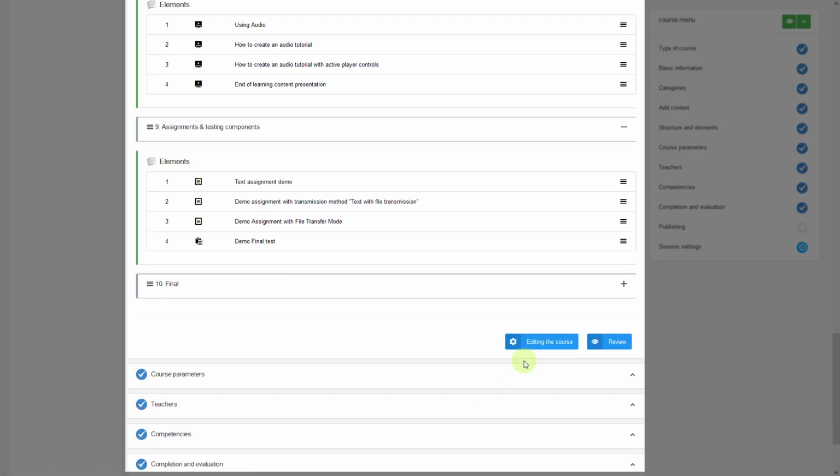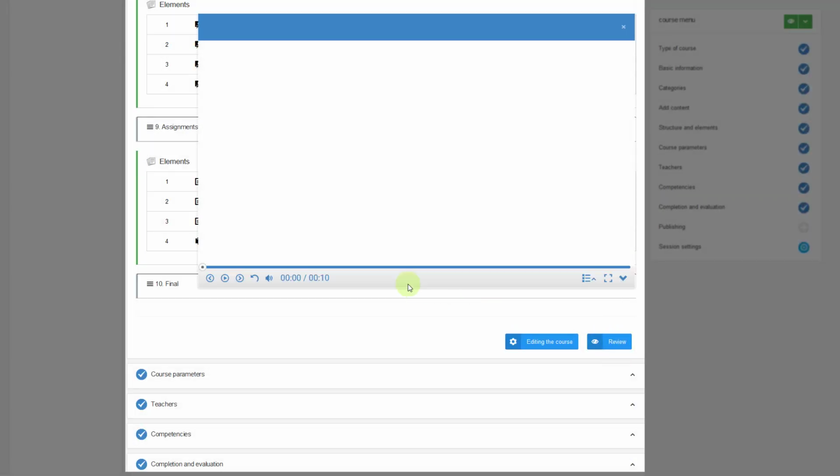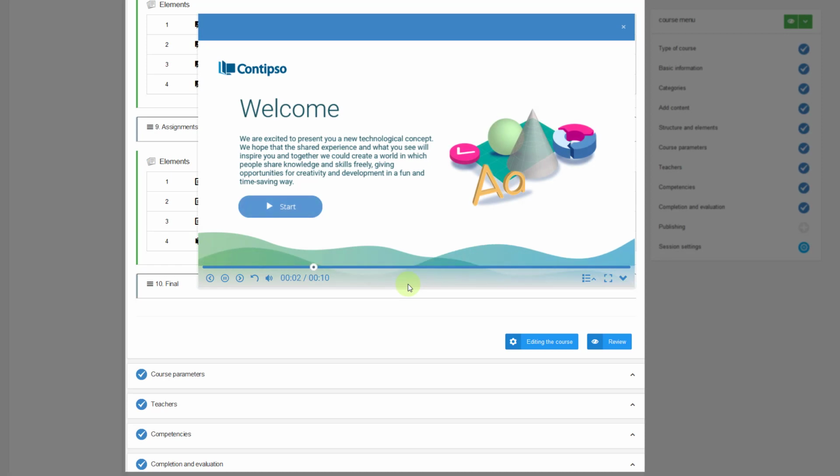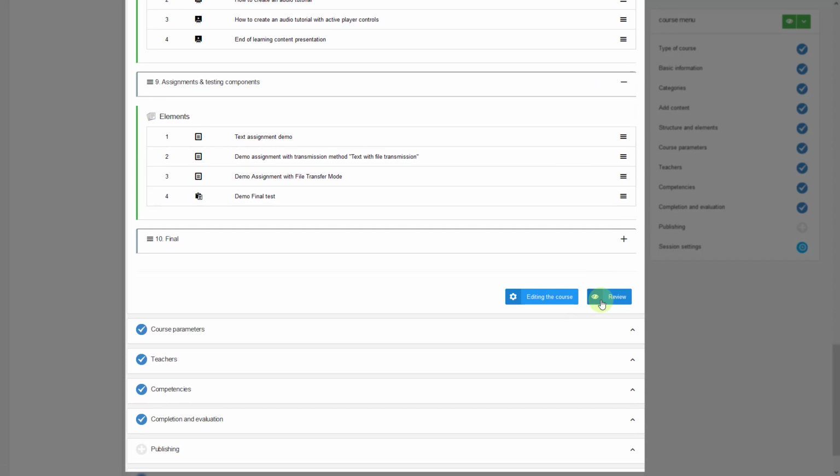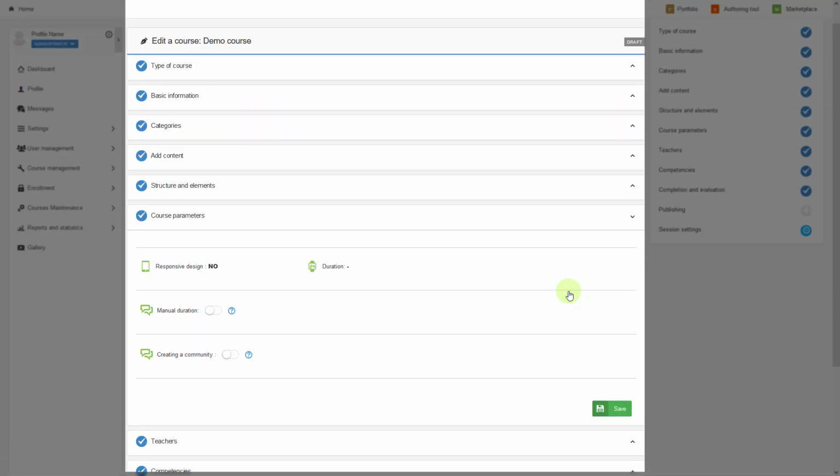Here you have two buttons: editing the course, if you want to change something or to edit any piece of the content, or review, which will give you a preview how the course would look for the users, and you will have a small window with the interactive player that you can full screen, that you can interact with, so that you can experience if this is the right course you want and how it will be visible for the users. Then you will continue to course parameters,